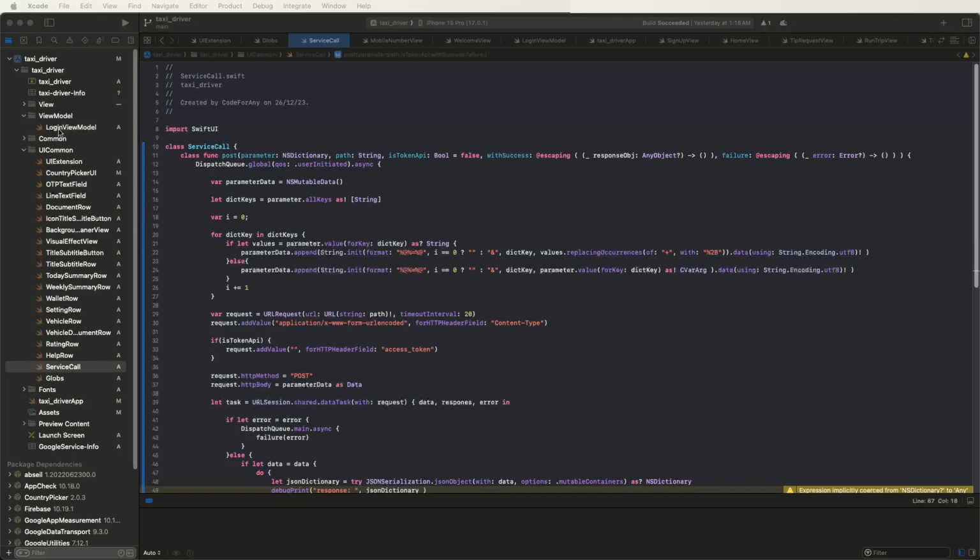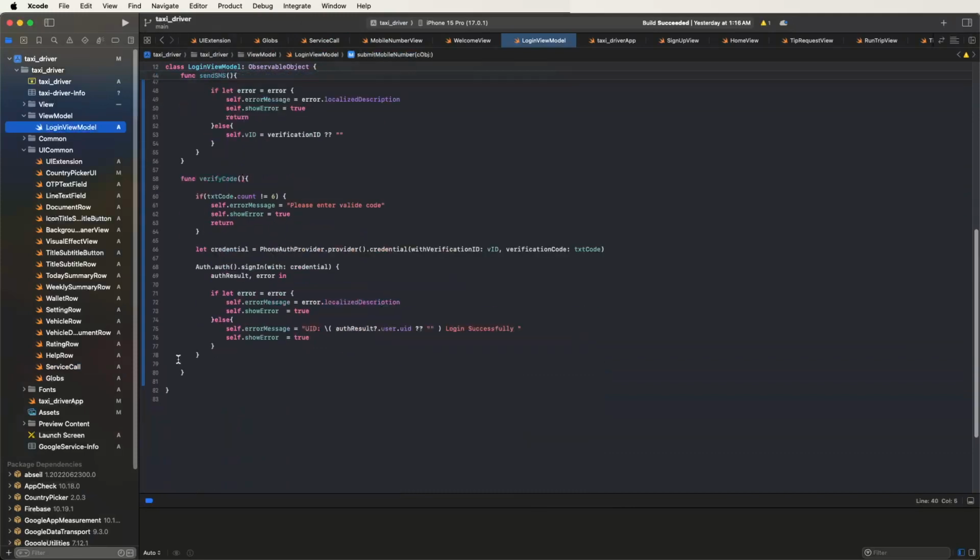First of all, we need to go inside the login view model and write down the service call method. We need to create it, and first give it a name. Mark it, and write down the service call like this. Now we need to create the function, call it login API, and pass the parameters